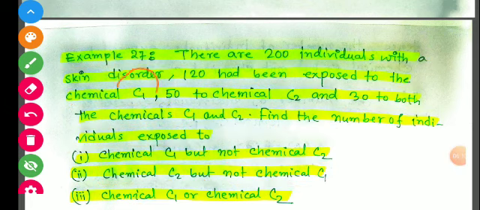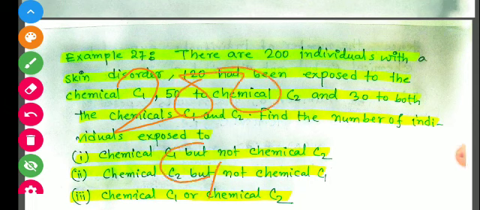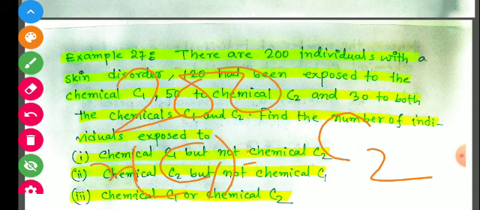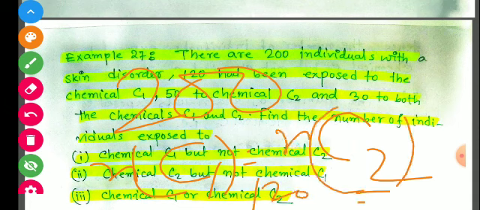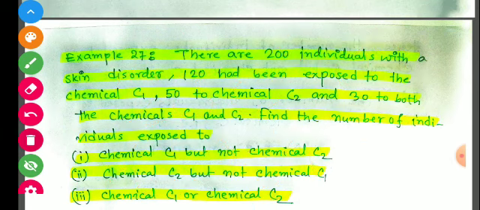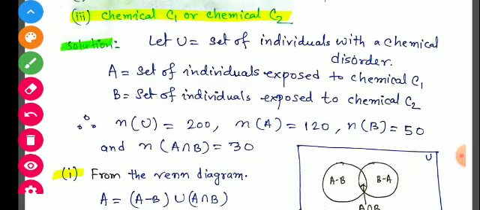So the total number of individuals is given as 200. Two chemicals, C1 and C2, are there. Exposed to C1 only is 120, exposed to C2 is 50, and both, C1 intersection C2, is 30. So now we assume U is the set of individuals with the skin disorder, and